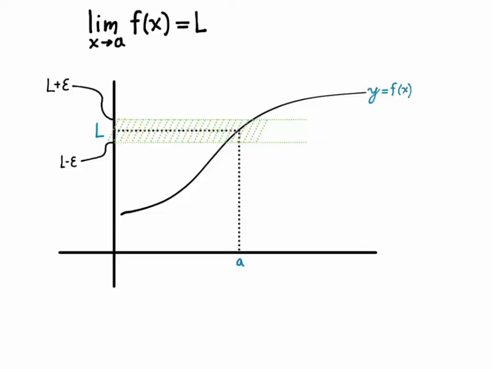That is, no matter how small you make that envelope, you can find a neighborhood that runs from a minus delta to a plus delta,